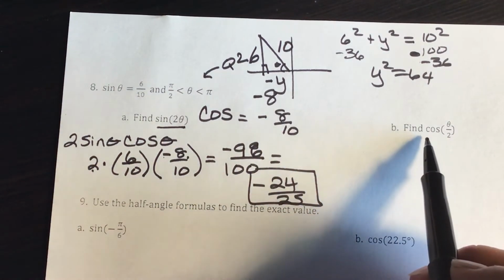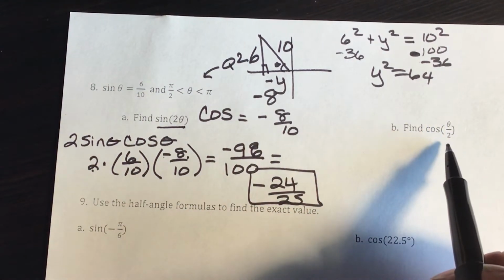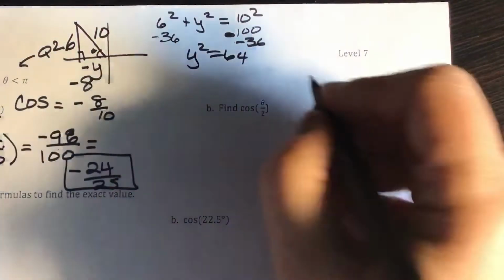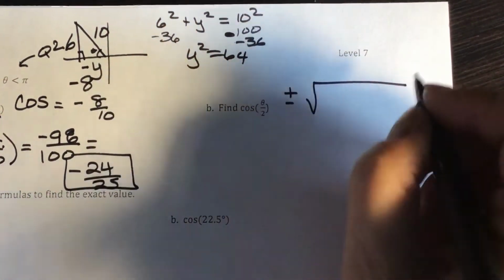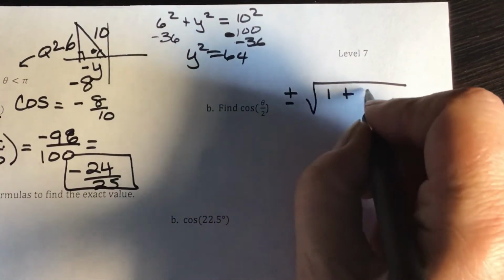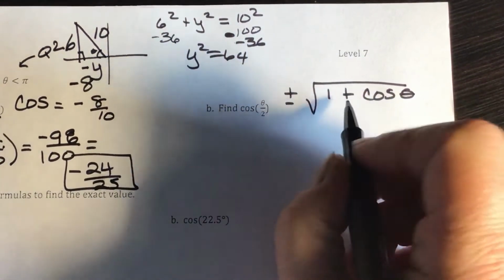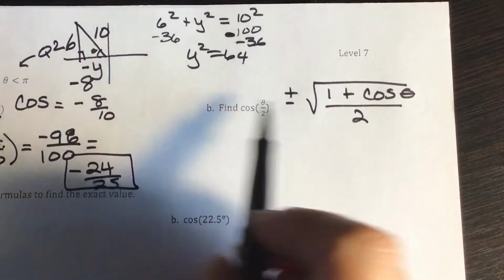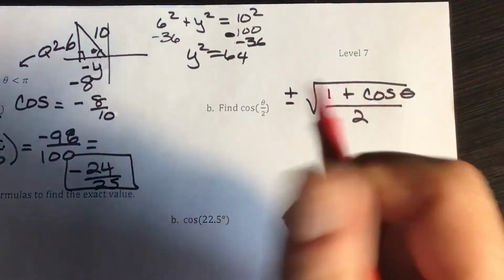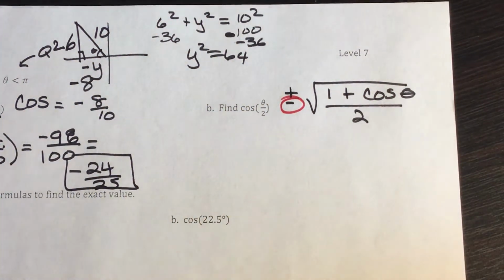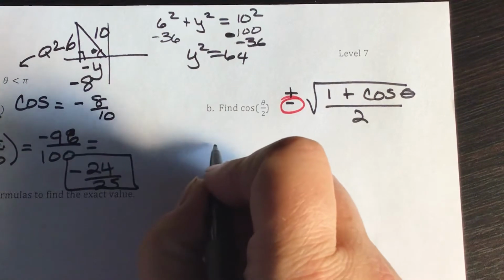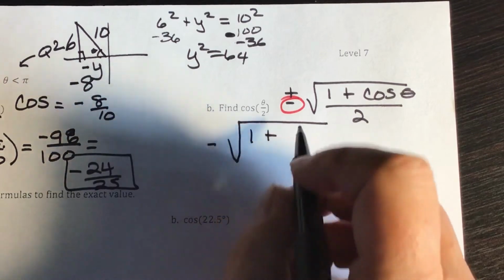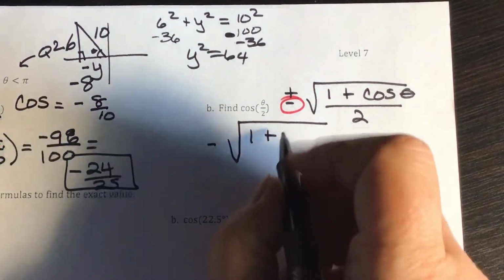Then it says to find cosine of the half angle. All right, so if we use the formula for that, that's going to be plus and minus square root of 1 plus cosine of the angle over 2. All right, and because this is in quadrant 2, cosine is going to be negative, so I want to use that negative value. So I have minus the square root of 1 plus cosine is negative 8 over 10